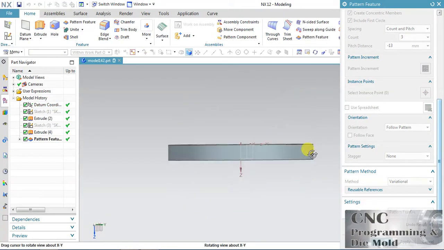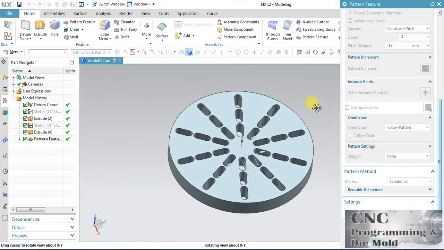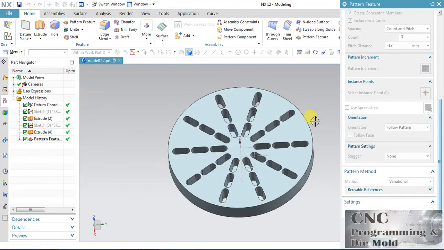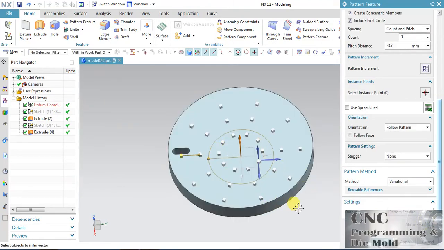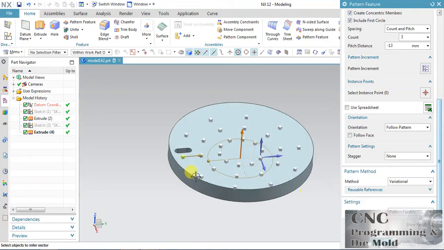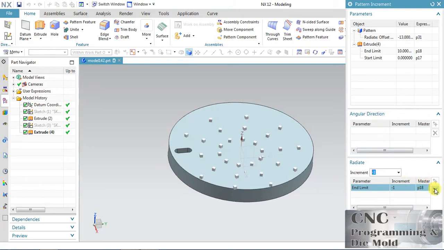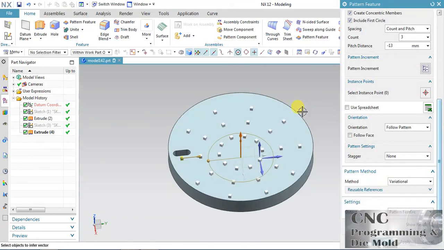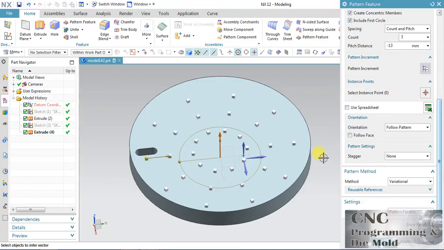The depth will decrease by 1 millimeter toward the inside. If you use this option, we have already covered it in the linear pattern. I have added that video, so if you want to check it out, go and check the linear pattern.